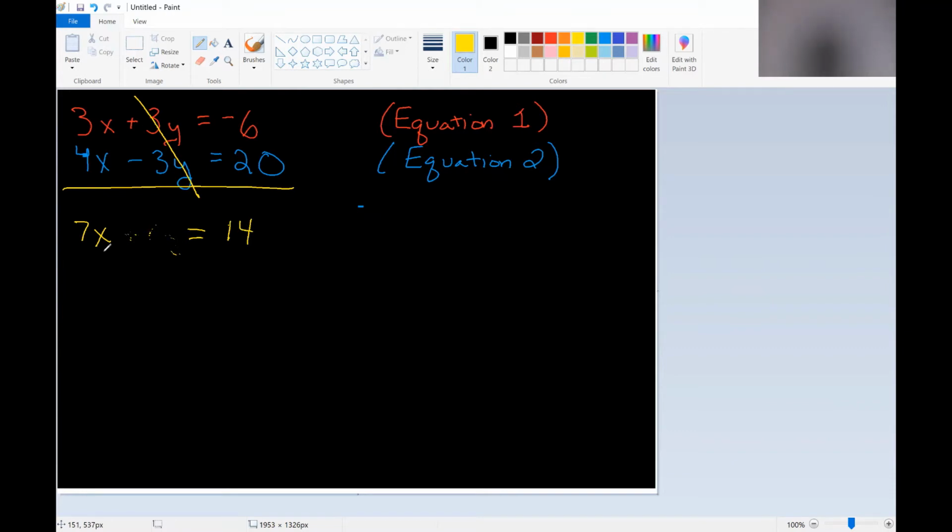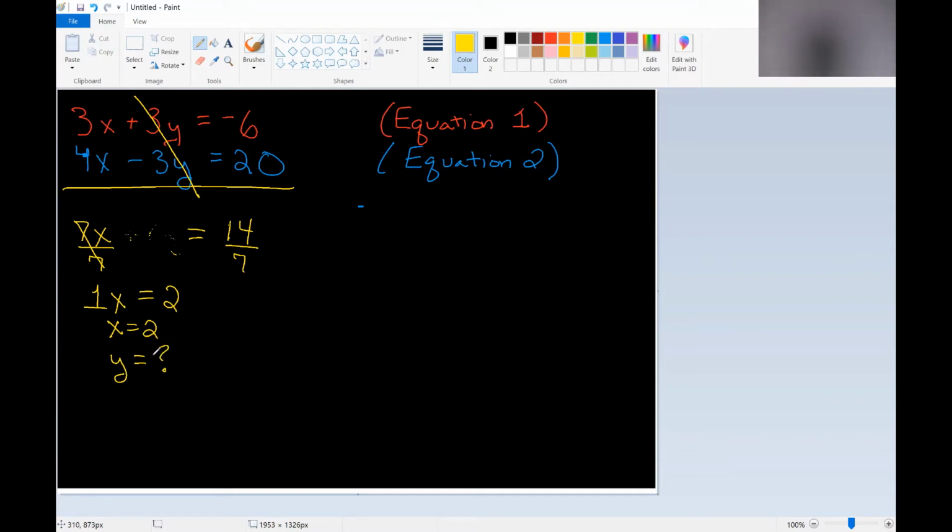Now, to isolate x, I need to get rid of the 7. On the left-hand side, I have 7 times x, so the inverse operation of multiplication would be division. So let's divide both sides by 7. Once I do that, on the left-hand side, I have 7x divided by 7. Those 7's cancel and essentially give me a 1x. On the right-hand side, 14 divided by 7 gives me 2. And the final answer here is x equals 2. That means that these two lines, if I graph them, do intersect. And they intersect at a point x equals 2 and y equals, now let's figure out what the y coordinate